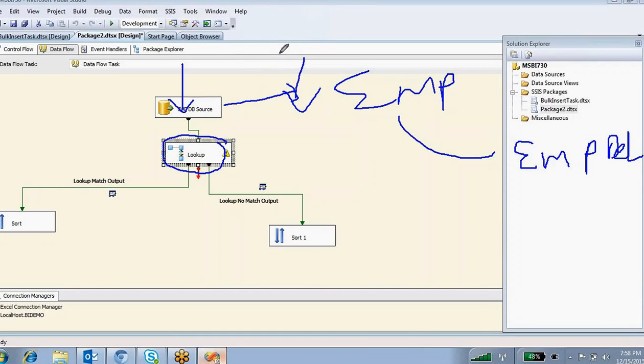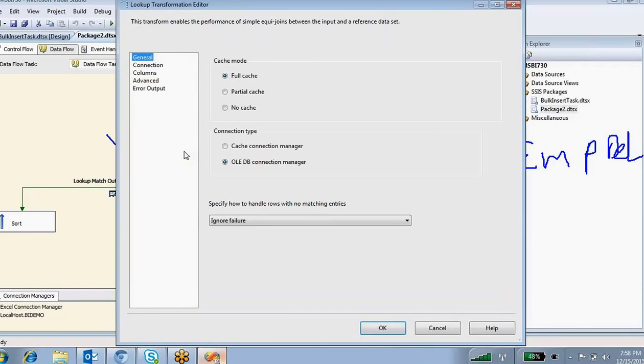Whenever this data is matching, for example this OLEDB source having the employee information, that data is coming into this lookup. Inside this lookup transformation, I have taken one OLEDB connection manager.